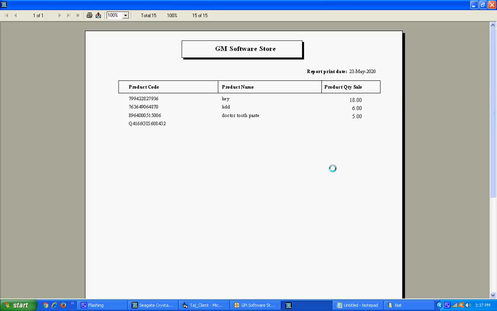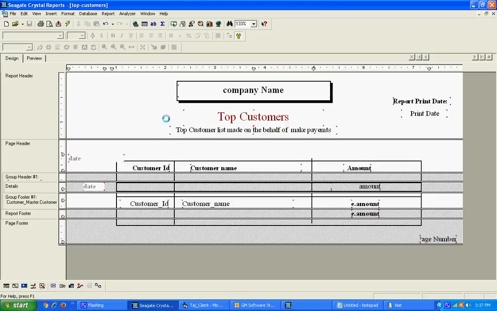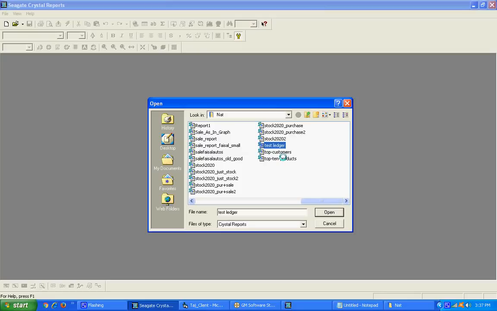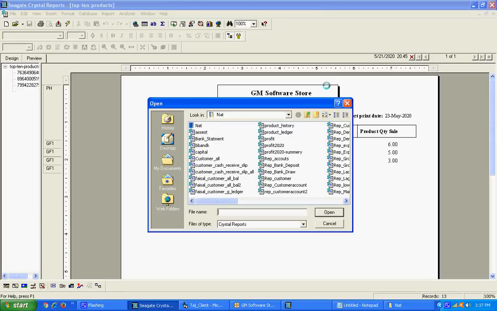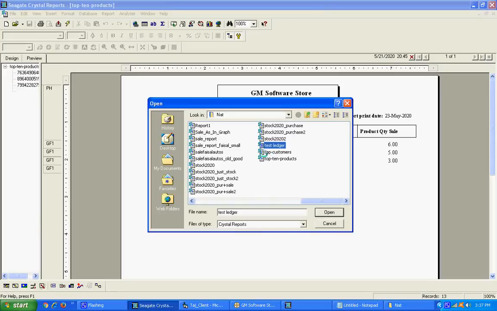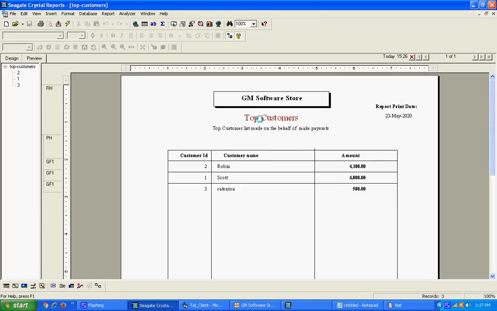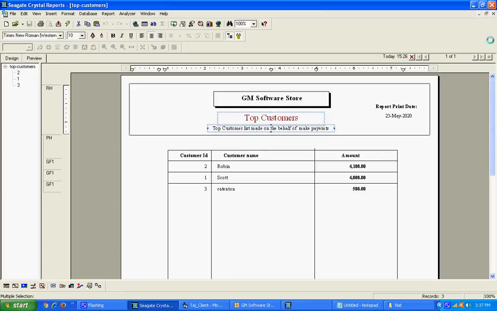But there is an error. There is no heading in this report. I'm going to add some headings in this report. This made successfully. I'm going to open another, top products, and open top customers, because I need these two lines in our top products report.